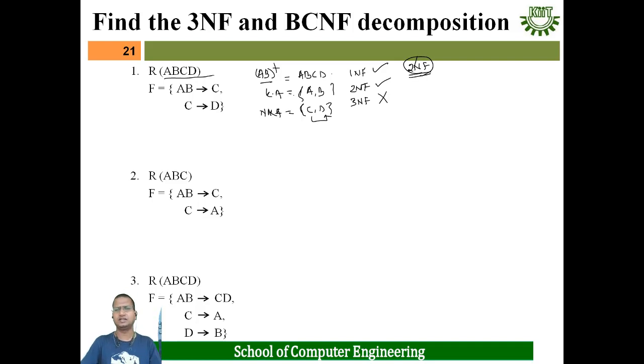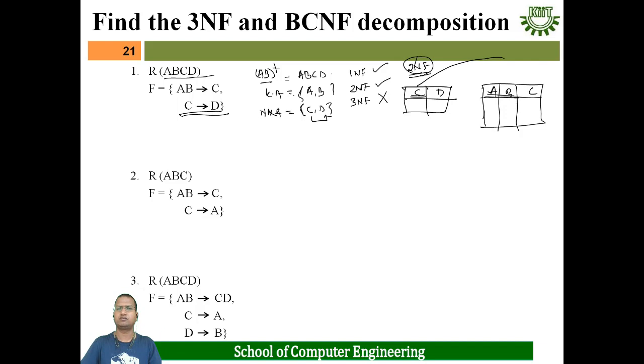Now, how to convert this into 3NF? To convert this into 3NF, first we have to find out which functional dependency is conflicting with 3NF. That means this functional dependency C to D is conflicting because this is a transitive dependency. Take those attributes and create one table. Now we have to create one table taking C and D. Okay. In the other table, except D, all other attributes will be there. That means A, B and C will be in the other table. In this case C will be the key in the first table, and in the other A, B will be the key, and C is a foreign key for this relation.